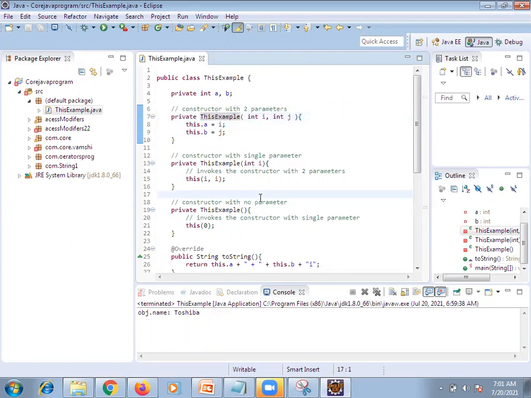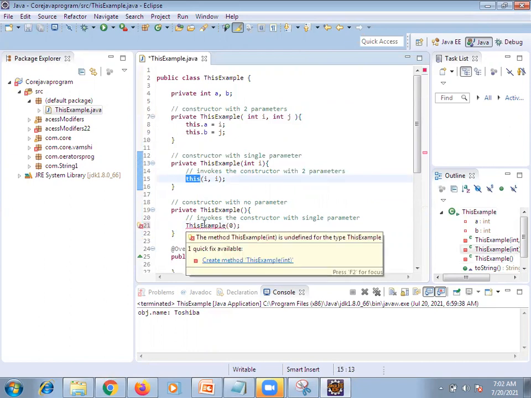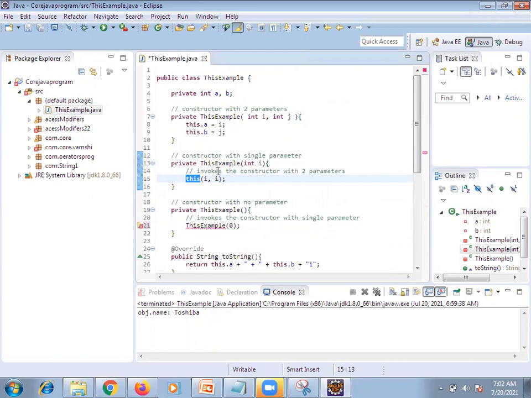See, you are not calling by using this. Getting? This method example is undefined for the type example. Even though we defined this one, it is not accepting. Getting? But we can achieve it by using the this keyword.